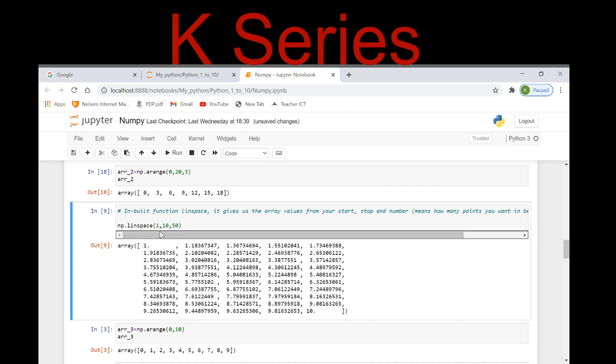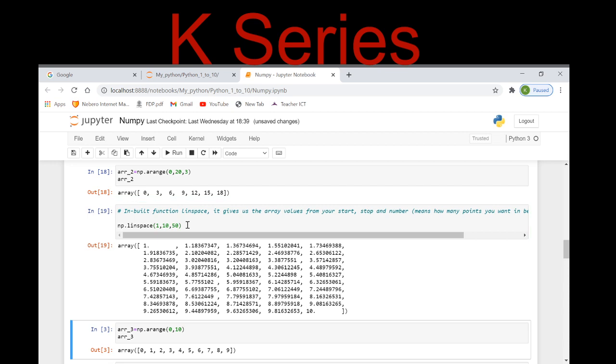See here, from linspace I am giving starting from 1 till 10, and I am giving the number 50, so it automatically splits my 1 to 10 range into 50 steps. See here, when I execute it, it gives me output like this, right?